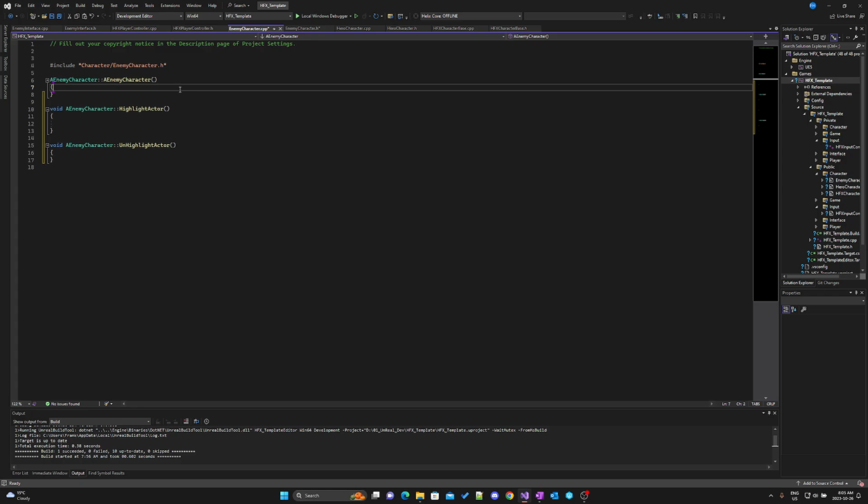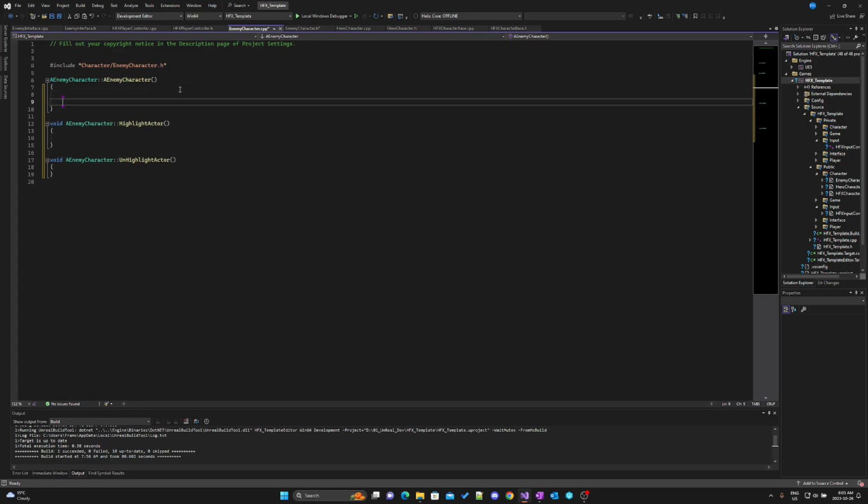And what I need to do for that is in our constructor, we want to get our mesh, and we're going to set the custom depth stencil value. And here it wants an int value. And what I want to do is create a constant for that, just because it will be more readable. And a good spot, I understand, to do that